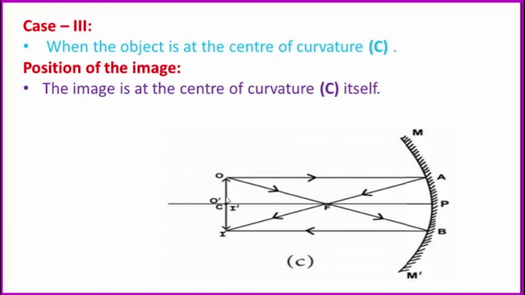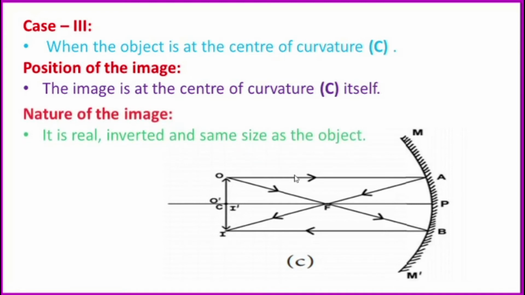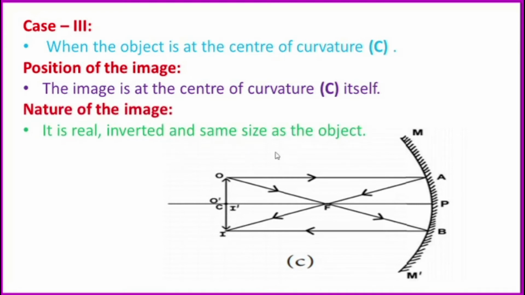So object இங்க தான் இருக்கு. அங்கேந்து போற ரெண்டு லைட் ரேஸும் பட் என்ன ஆகுது? ரிஃப்ளெக்ட் ஆகுது. The reflected rays meet at a particular point. Not only the two rays, we take any rays means after reflection it meets in a particular point. Okay, so in that position at C, center of curvature, we get the image. So you see, compare both sizes, object size and image size. It's like the same size. It's a real, inverted and same size as the object.